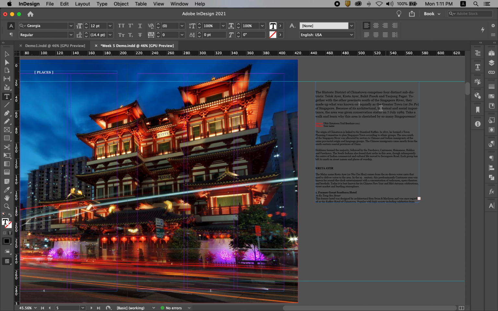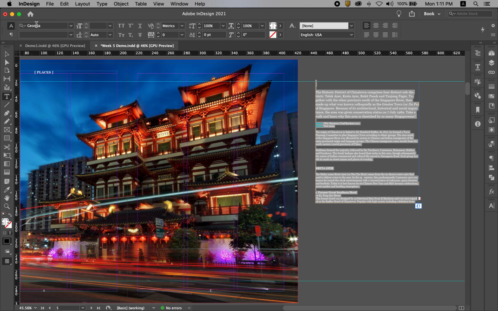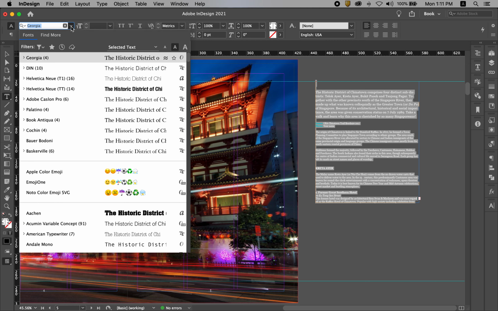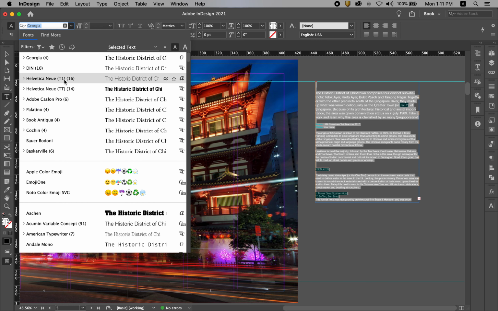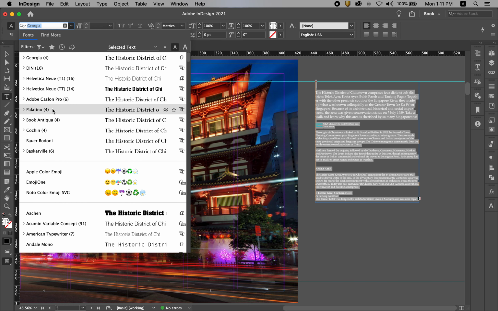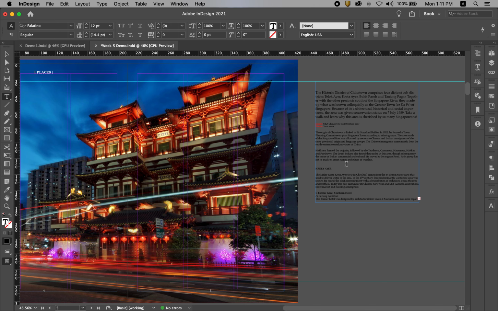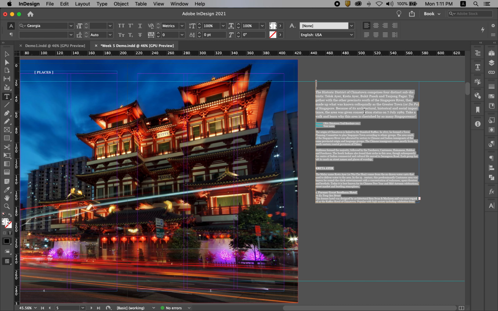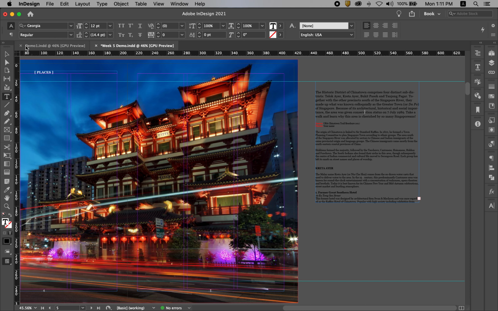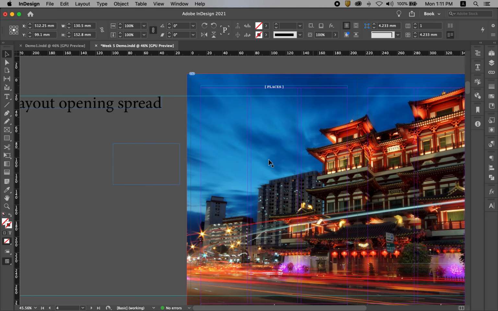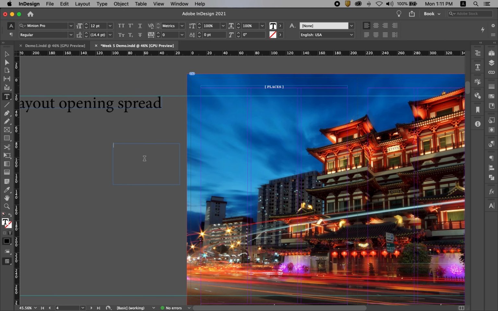bring up the cursor, double click, do a Command A, select all, and then choose the text. Let's say yours is, for example, Helvetica Neue, or Palatino. Then you just choose Palatino, so that all your text will be configured to Palatino. Okay, I'm going to undo to go back to Georgia. All right, so let's go back to here, double click, and we have cut out the